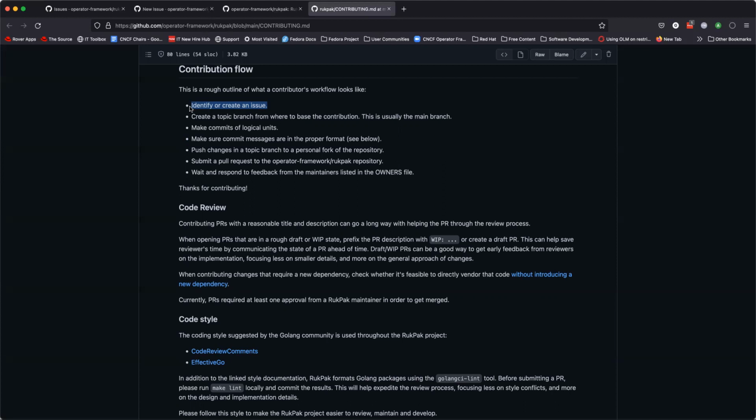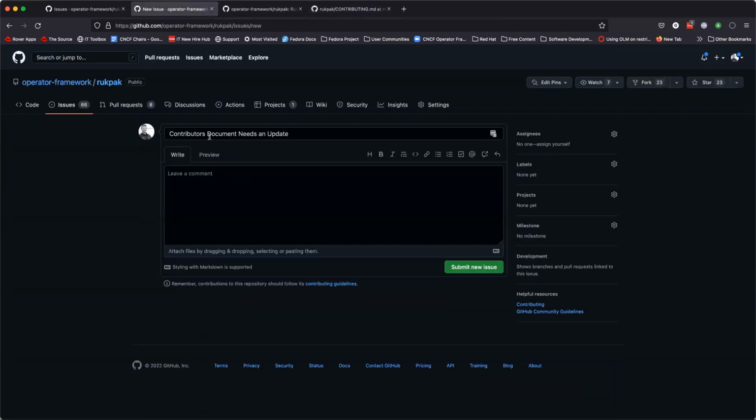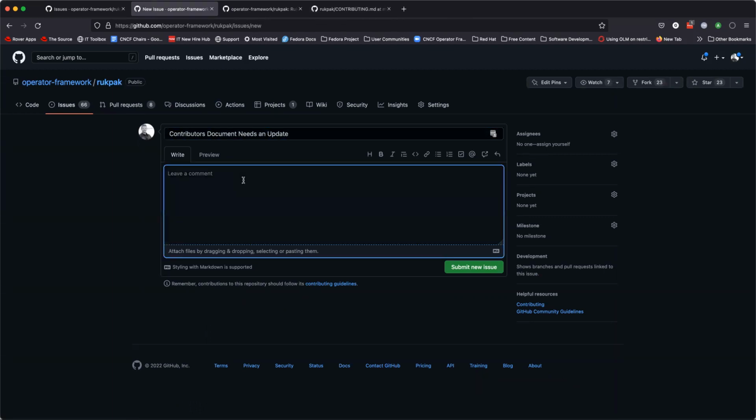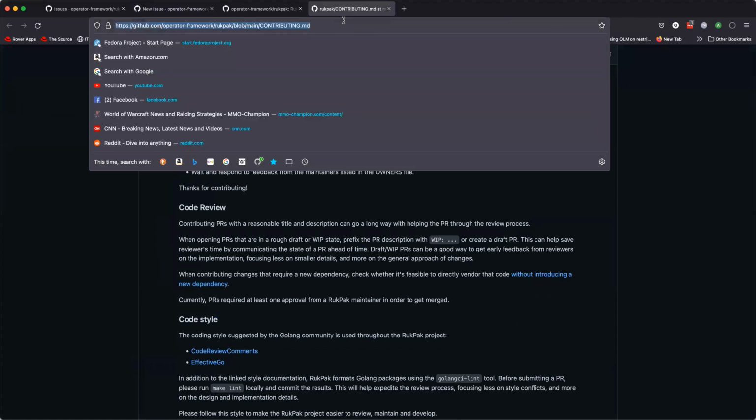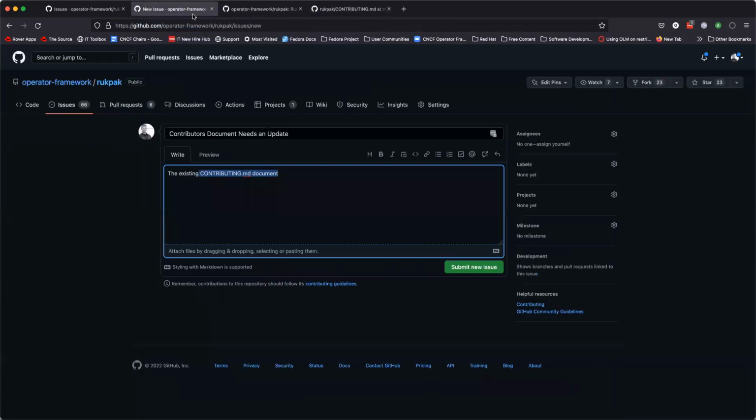So perhaps what we should do is note that the contributor document needs an update. I'm just going to call out the existing contributors document and link this. It has a few gaps that should be addressed in order to provide new users with a better onboarding experience. Specifically,